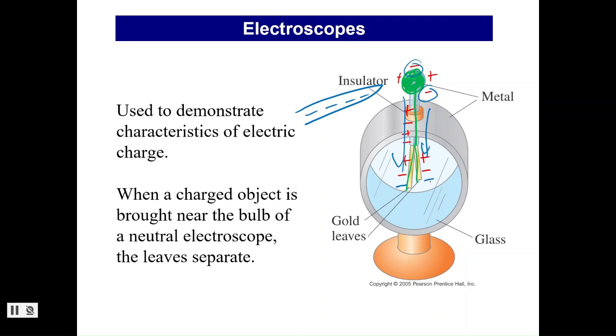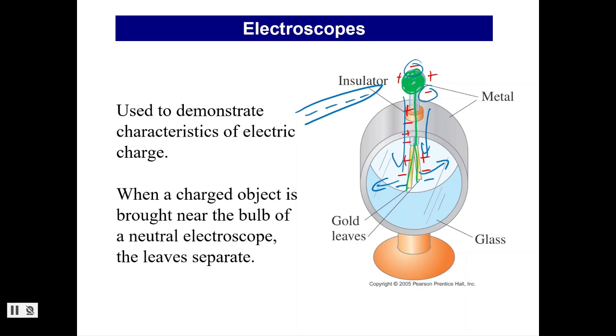So now the leaves are negatively charged, so they will repel and they will separate further. If I were to bring the rod even closer, it would get even more negative and the leaves would spread apart further. Or if I found a rod that had more charges, that would have a stronger force, then the leaves would separate. So it can give me a qualitative way to analyze the relative strengths and signs